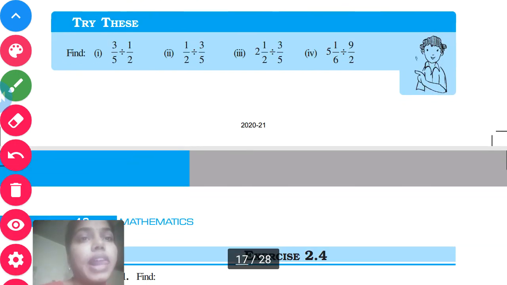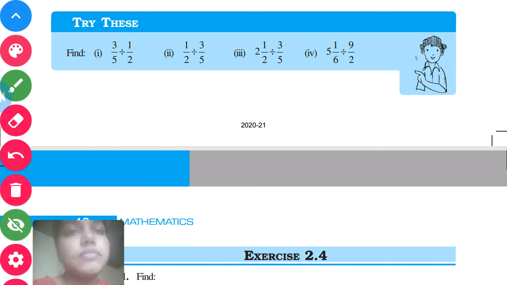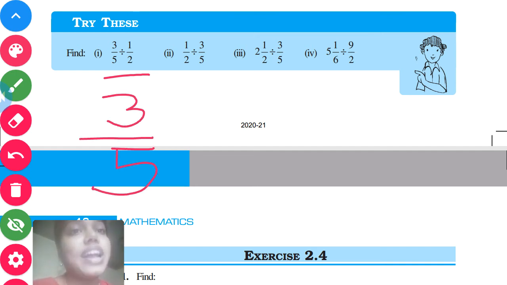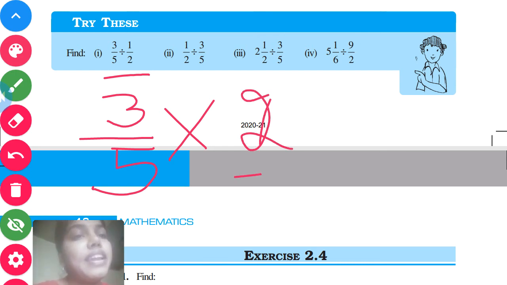If you just see, now both are fractions in this first example here. Let me just show you. Now this is the example. So what are our 3 steps that we are going to follow? Keep, change and flip. So what I'm going to keep in this, if you just see carefully, is my 3 by 5 as it is. I'm going to change the sign, that is division into multiplication. And I'm going to flip what? If it is 1 by 2, I have to find the reciprocal of 1 by 2, that is 2 by 1. That is what you're going to find.